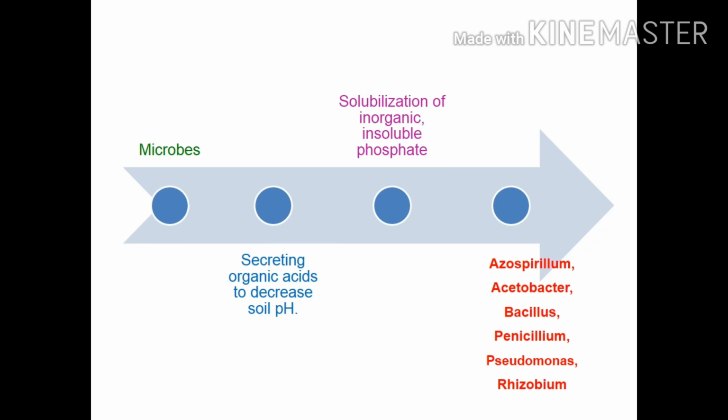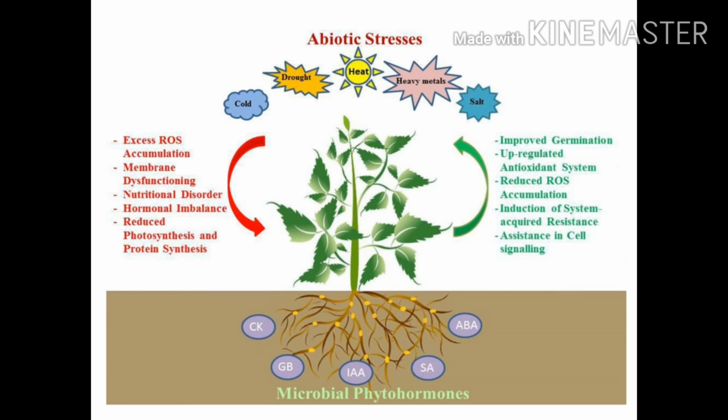And if you apply the beneficial microbes, they will secrete organic acids to decrease soil pH, and this will help in solubilization of inorganic and insoluble phosphate into soluble phosphate. The microorganisms involved in this process are Azospirillum, Azotobacter, Bacillus, Penicillium, Pseudomonas, and in this diagram,